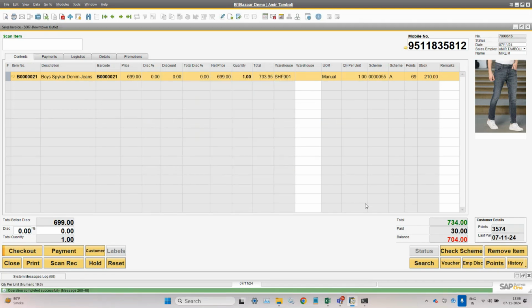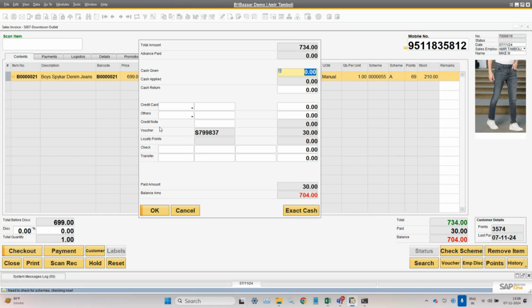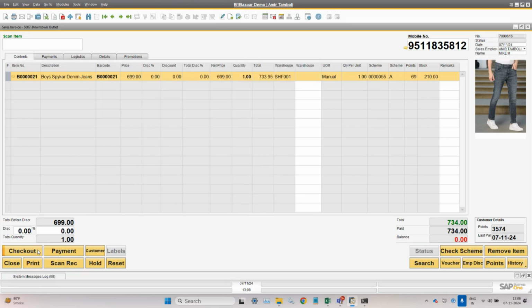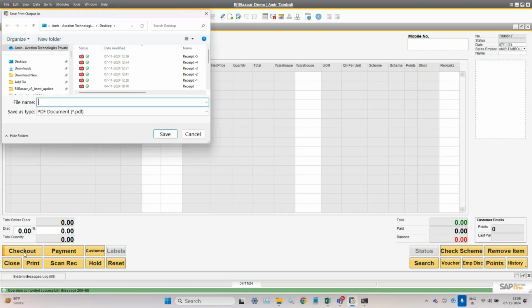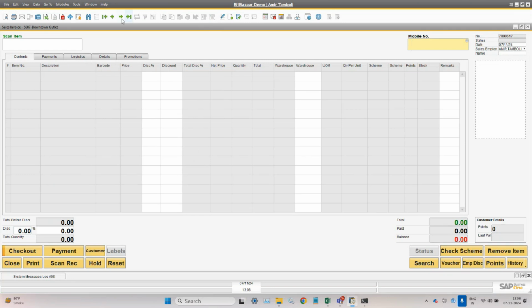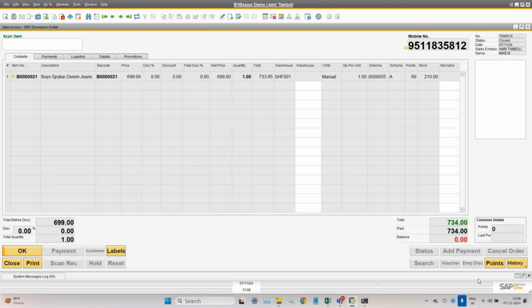Now you can see the paid amount got updated, and the rest of the amount we can accept here. So you can see the voucher got updated, and the rest of the amount can be accepted here, and say OK and say checkout. So I'm not going to save this particular receipt test. So in this way, the voucher redemptions also can be done, and centralized data is also available for the customer